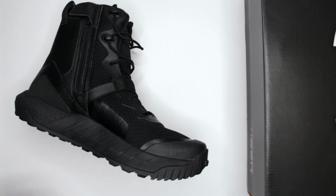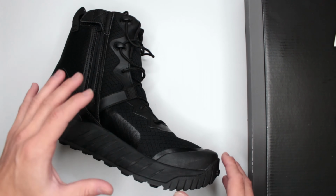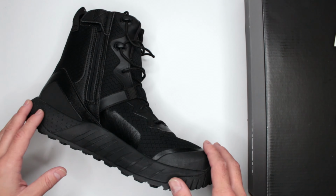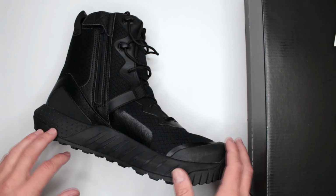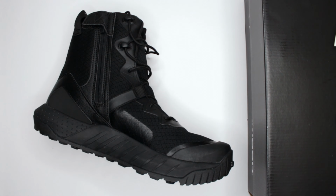go with Under Armour Valsetz, and you are kind of stuck between the different models, but you want to go with the full size, definitely spend the extra money. It's only like $10-20 more expensive with the side zip, because it's definitely worth it. This side zip right here just changes the game completely. It makes it much easier, much faster to put them on and take them off, which is very important in